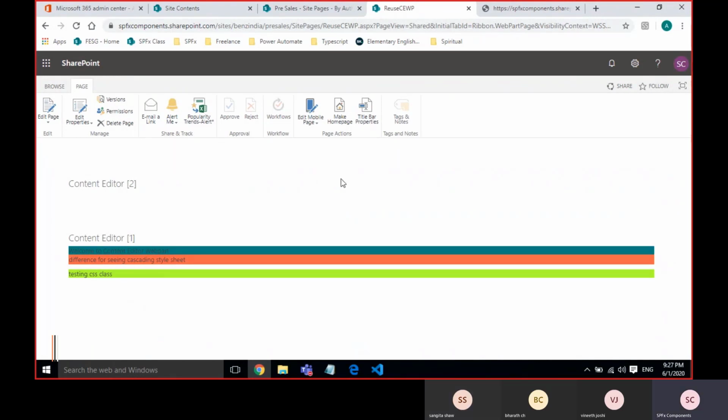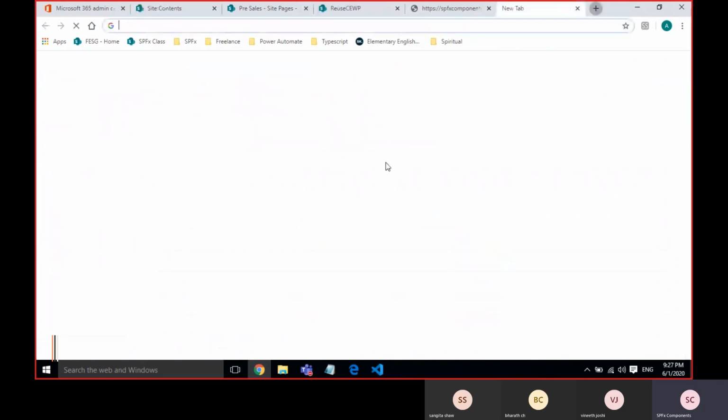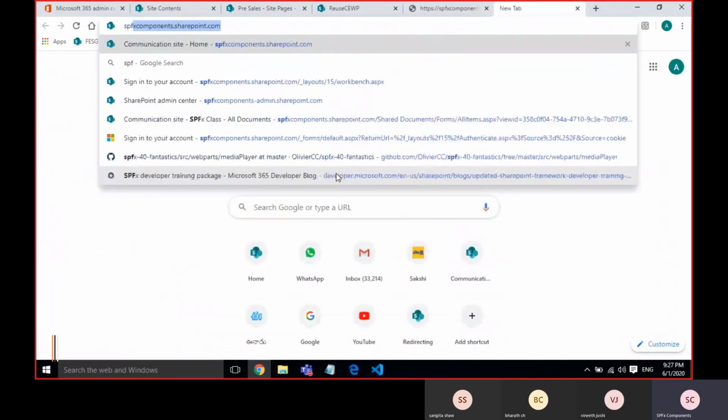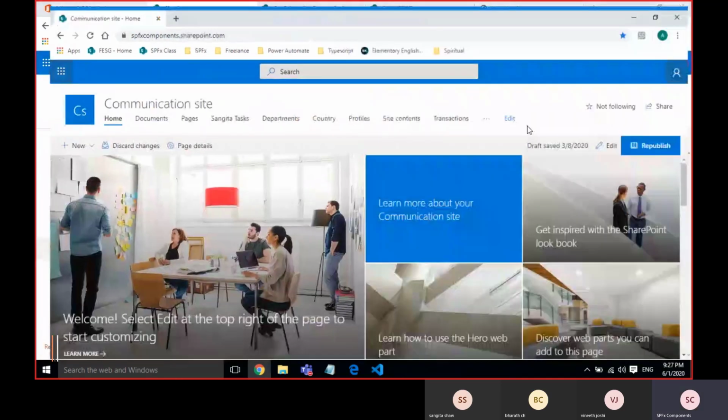Because of this client side coding, and now in SharePoint Online, everything moved to responsive, like modern pages. I'll show you one of the online sites. See here, I'm just opening.